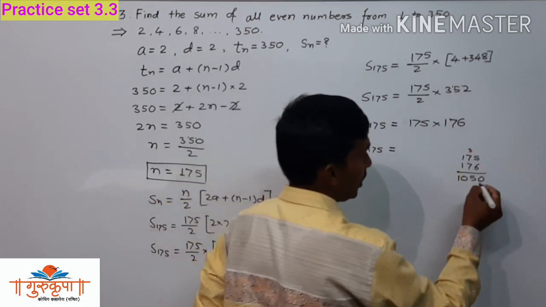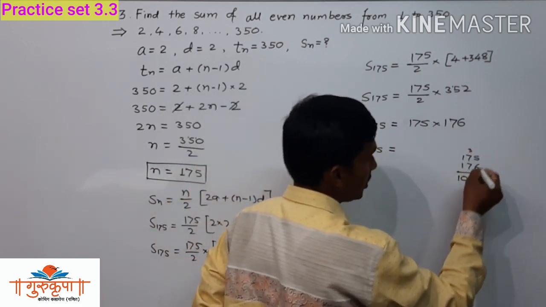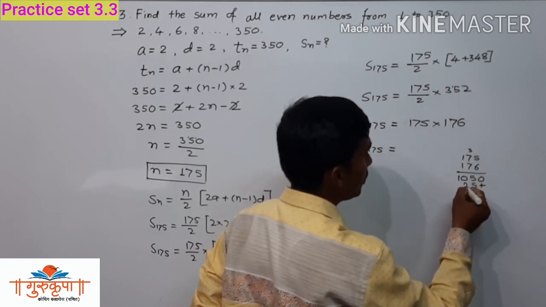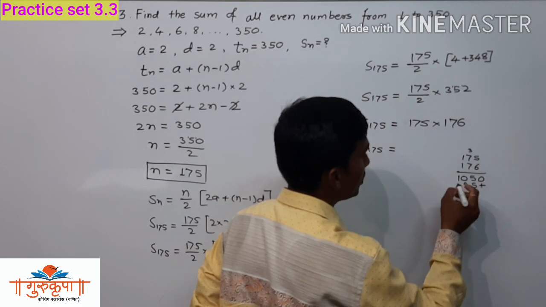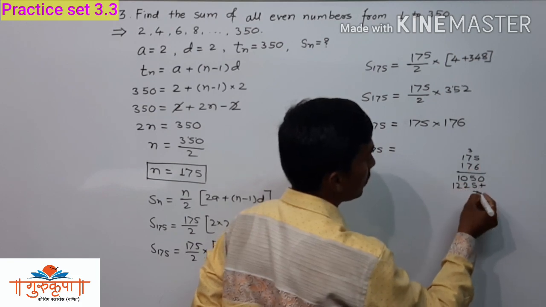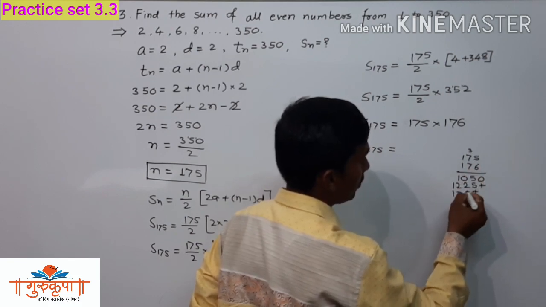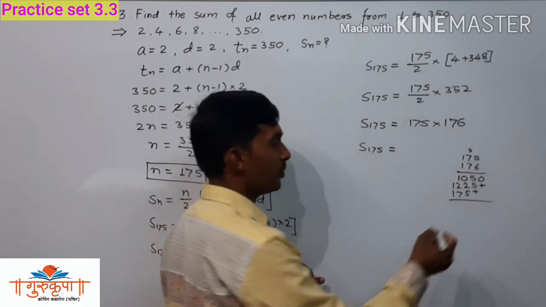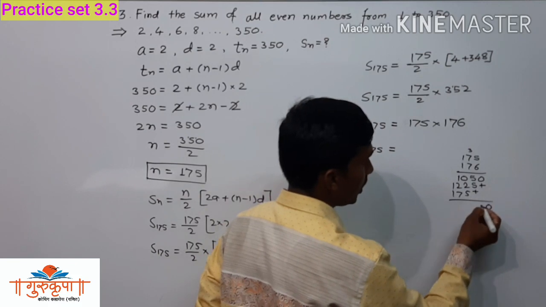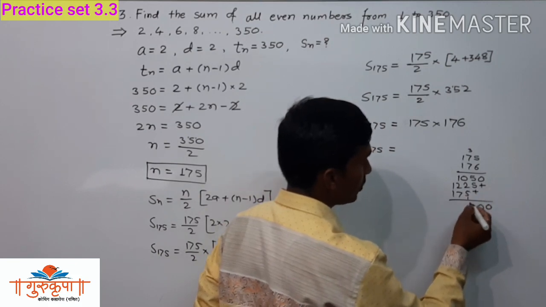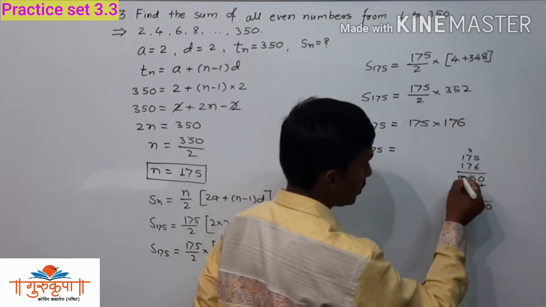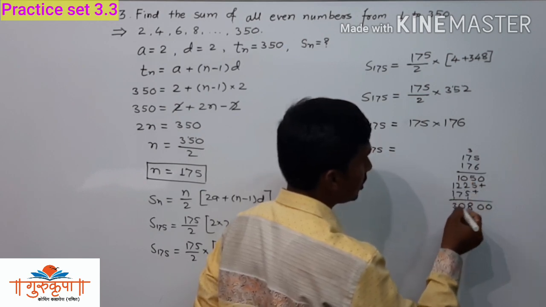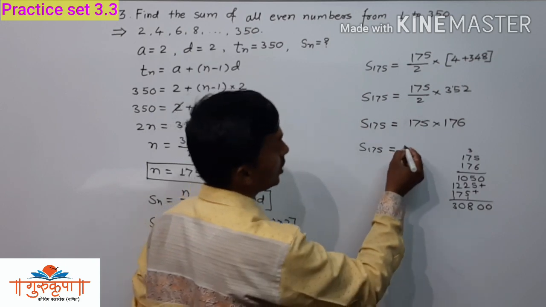Then we have to multiply 175 by 7. 7 5s are 35, 3 carried, 7 7s are 49 plus 3, 52, 5 carried, 7 1s are 7 plus 5, 12. Then this is 175 as it is. 1 multiplied by 175, that is 175. This 0 as it is, 5 plus 5 10, 1 carried, 5 plus 2 7 plus 1 8, this is 7 plus 2 9 plus 1 10, this is 1 plus 1 plus 1, it is 3. So 30,800.